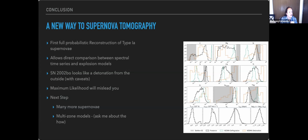And we do multi-zone models. And in the last 15 seconds,